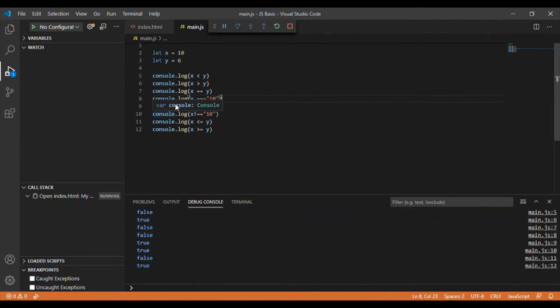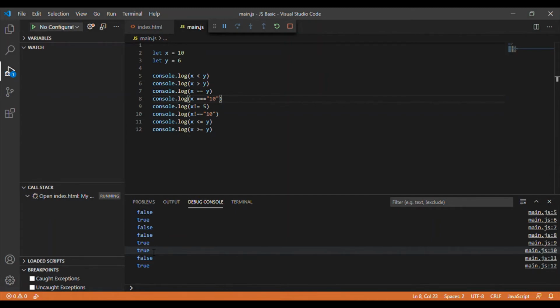In console.log, x is not equal to 5? Yes, x is not equal to 5, that is true. Now x not equal to the string 10 in inverted commas, so it should not be the string. So that is true, it's not the string.